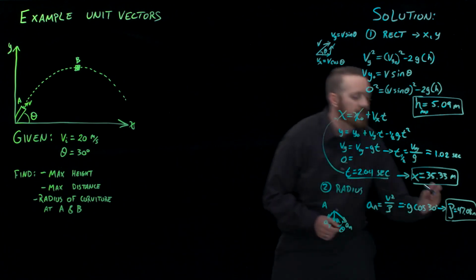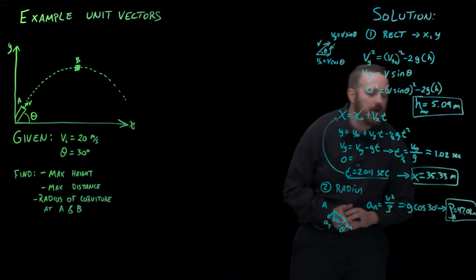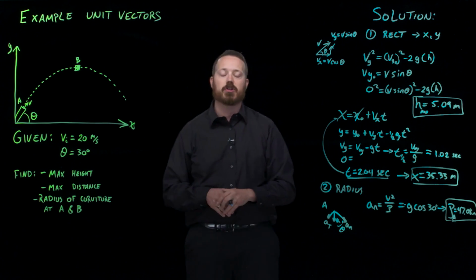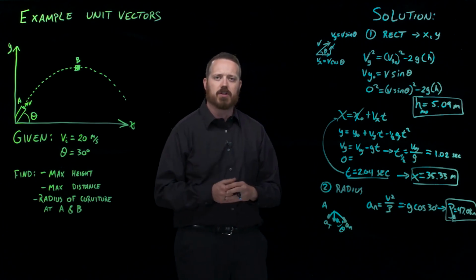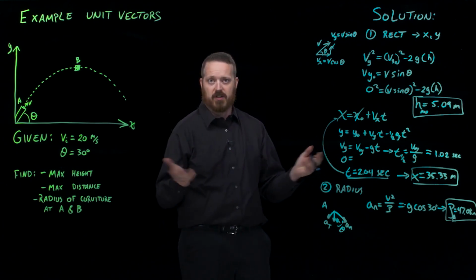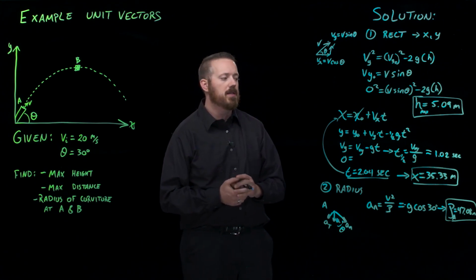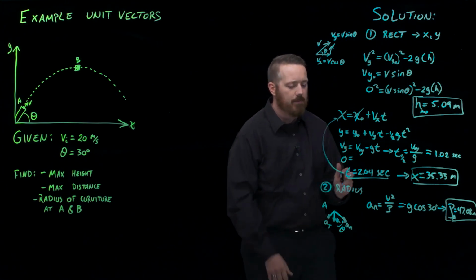So that's the radius of curvature at A. And now we can think of the radius of curvature at B. Well, first of all, the question we should ask ourselves is, is the radius of curvature constant? Maybe it is. So let's think about it. At B,